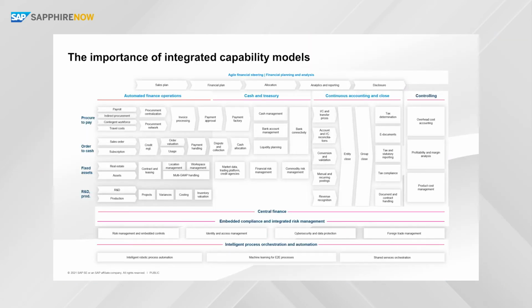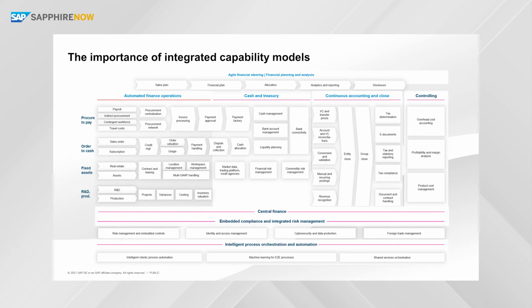And of course, there's a lot of process capabilities in different functional domains. And how to address those process capabilities, I think that's an important thing we have to look at. I strongly recommend to use integrated capability models. And this is a one-pager I often use with our customers, where you look at the different finance domains, such